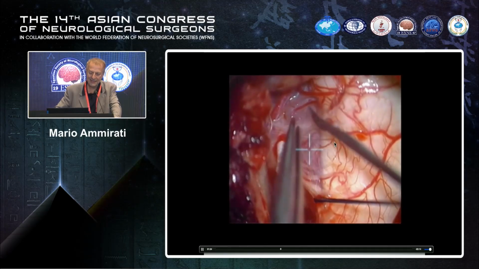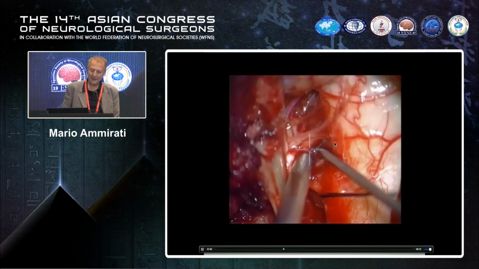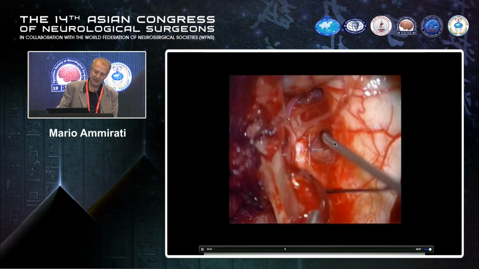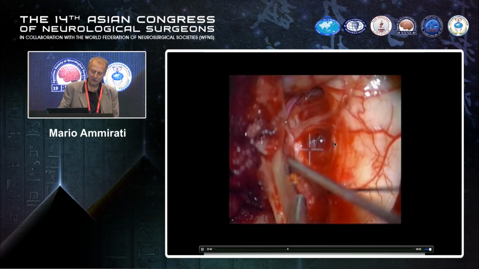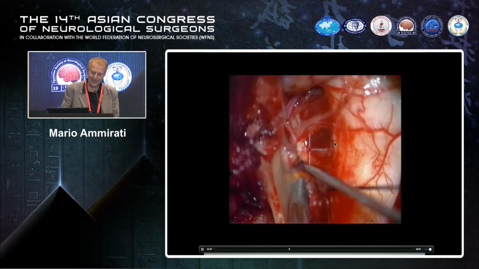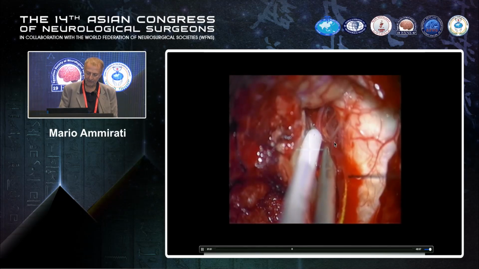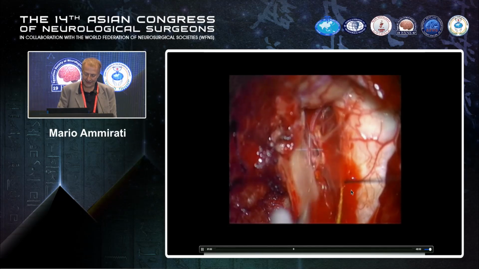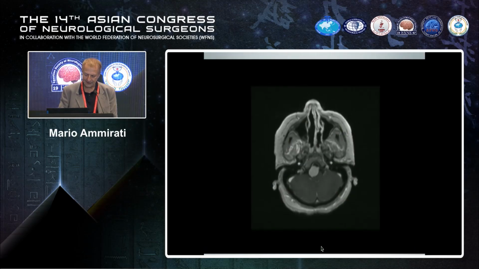And as I said before, the bigger the tumor, in a way the easier the procedure, because the tumor has already created space that, if you are patient and you follow those tenets, you can use very well. And so, you can see at the end,